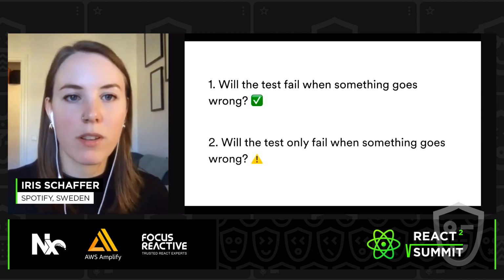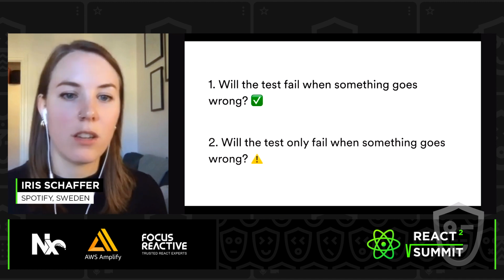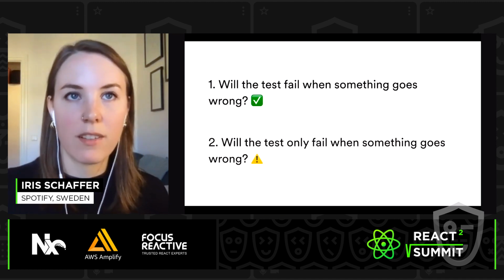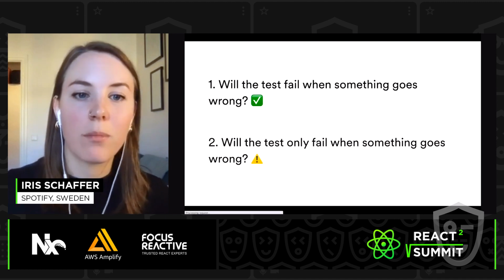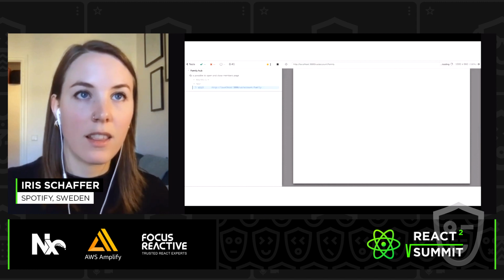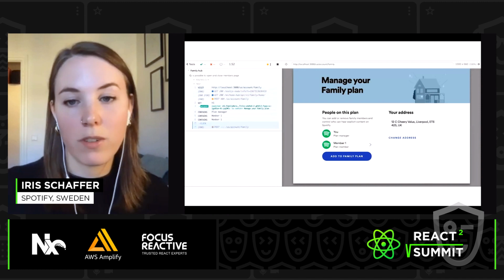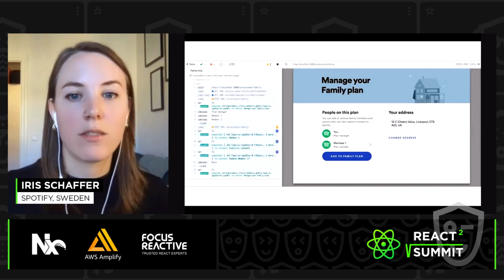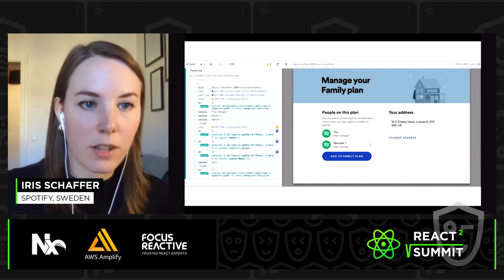And like before, this test has the same advantages and disadvantages as the last one. So if you change the copy, you might have to change your test as well, etc. However, one thing that Cypress does exceptionally well is it comes with a visual debugging tool that looks something like this. And in that, you can watch the test run and hover over each step to observe exactly what is happening. And that is really, really helpful for debugging your tests. Let's look at what that looks like.